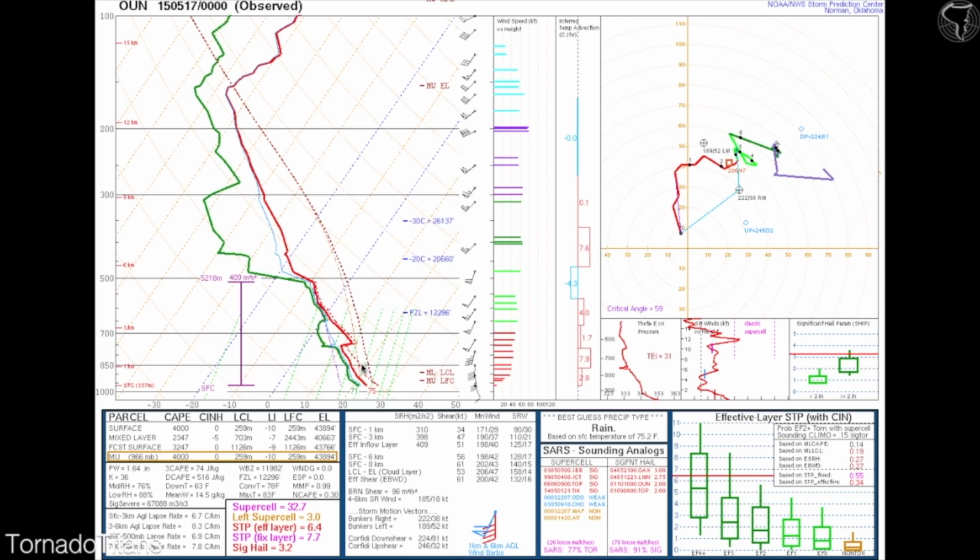Don't overcomplicate this. Your surface-based instability is useful in some scenarios, but for the most part you want to be using MLCAPE to measure how unstable an atmosphere really is, because that's the more realistic representation. Even though it is prone to some errors, it is a more realistic representation of what a storm is actually going to be dealing with. So until next time, hope you learned something, and we will be back with a couple more lessons on Skew-Ts,